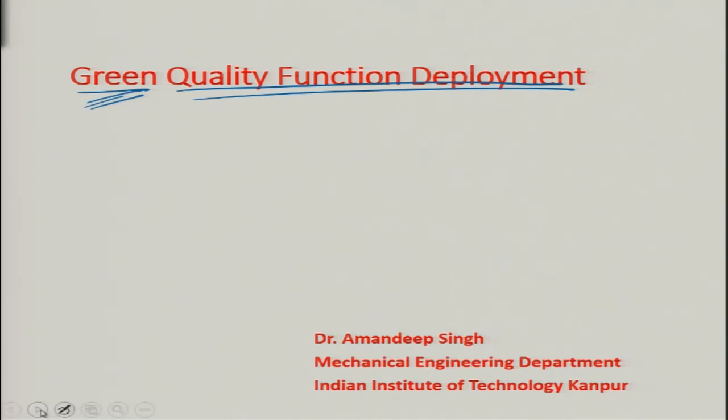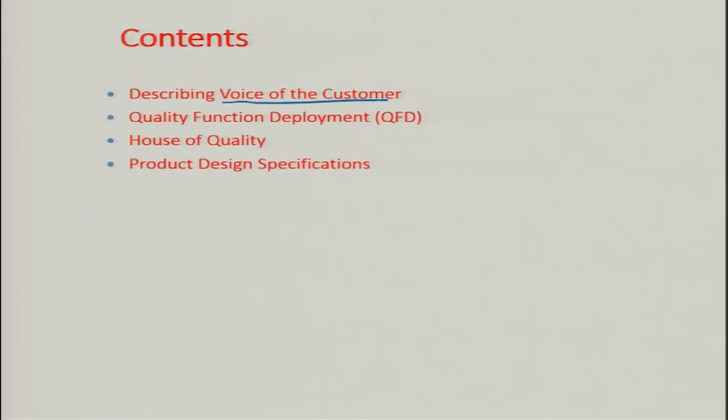So, we have a term known as voice of customer, which I will take first in the contents. Voice of customer is a term to describe these stated and unstated customer needs or requirements. The voice of customer is captured in a variety of ways: direct discussions, interviews. There are certain kinds of data I will discuss, primary or secondary data. Secondary data is the data that is already available, from the catalogs, from feedback forms, all those things. Primary data is the one that is generated. We conduct interviews, we ask them to fill questionnaires, those things we will discuss.